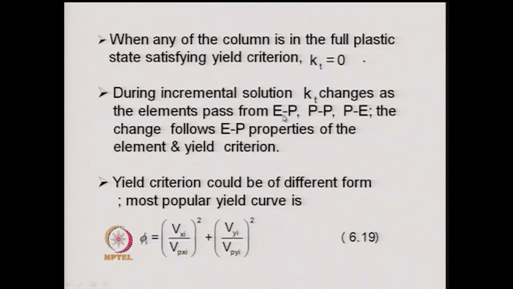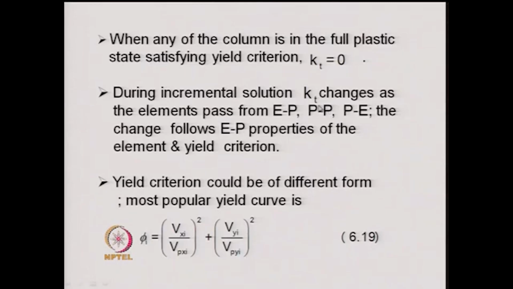One is the elastic displacement, and the other displacement part is where Kt becomes equal to 0, and we get a plastic displacement. So, the elastic displacement plus the plastic incremental displacement becomes equal to the total displacement. When the system changes from P to P, that is, it remains in the plastic state itself, then we check the